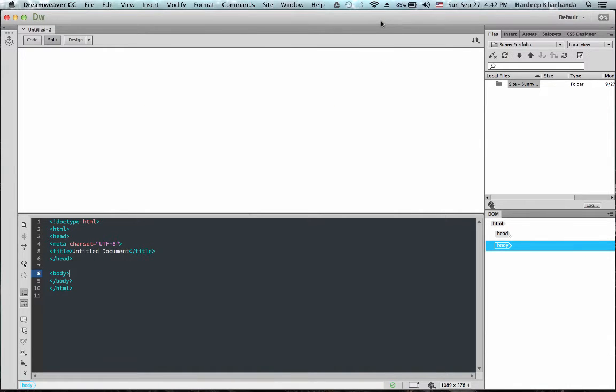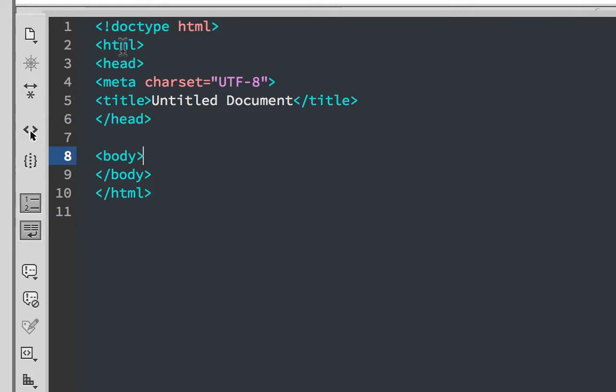So back in Dreamweaver, every page element is expressed using what we call HTML tags. A tag is basically a pair of angle brackets with a keyword inside, such as HTML. Now you notice when I click on HTML, it highlights this, and it also highlights this one, /HTML. Most HTML tags come in pairs, an opening tag and a closing tag. So within HTML, the page has a head, so head and /head, and then body, body and /body.